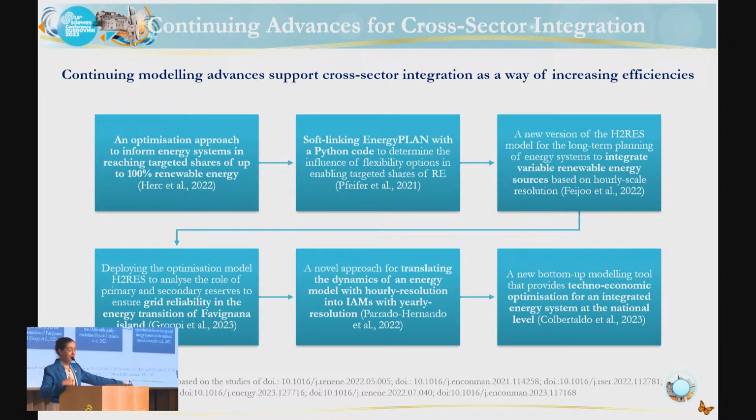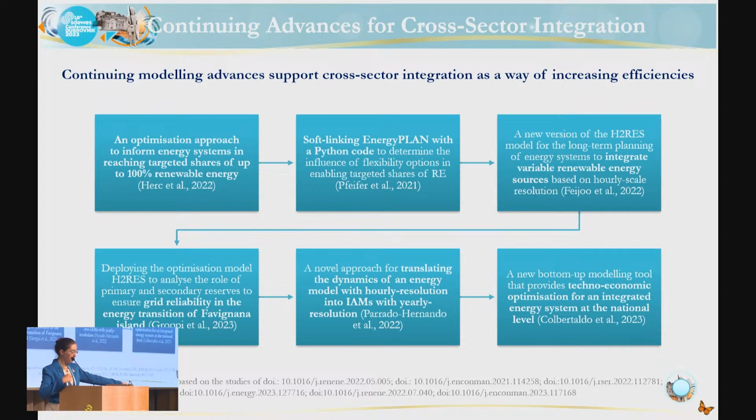Some of the recent advances include an optimization approach to inform energy systems by reaching targeted shares of renewable energy up to 100%, soft linking EnergyPLAN with a Python code to determine ways of increasing flexibility options in the energy system, a new version of the H2RES model